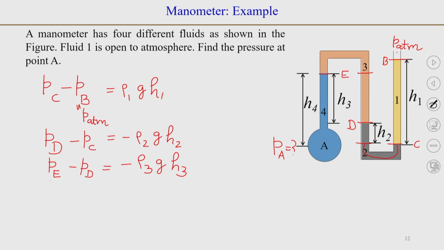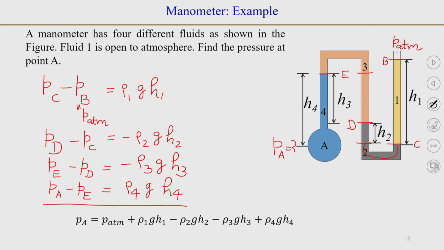Now, finally, we can write P A minus P E. A is at a greater depth than E, and the height difference between the two is H 4. So, the pressure at A will be higher, and we can write P A minus P E is equal to rho 4 G H 4. When we combine all this,